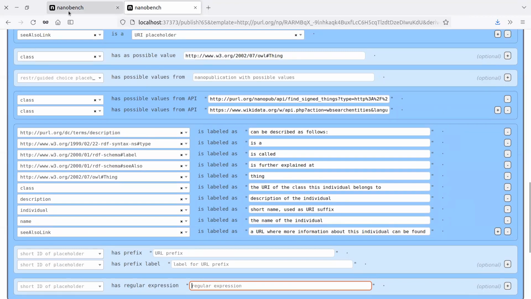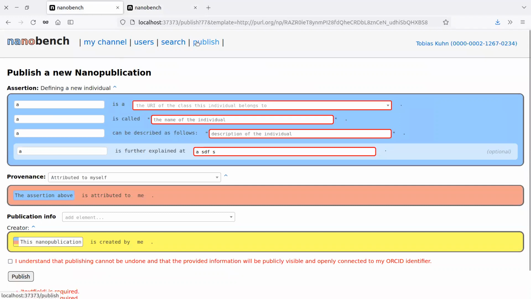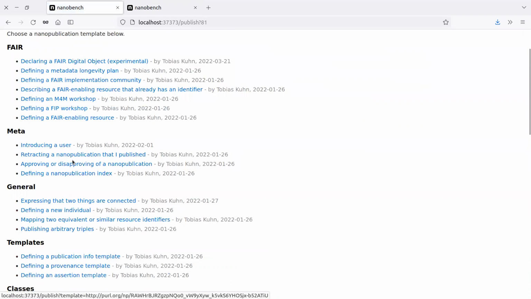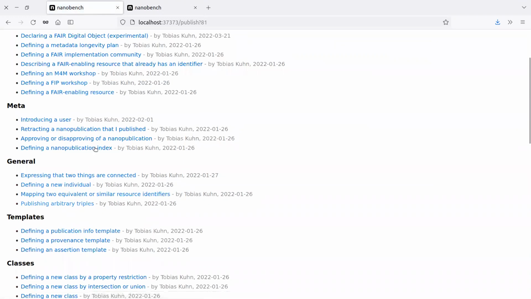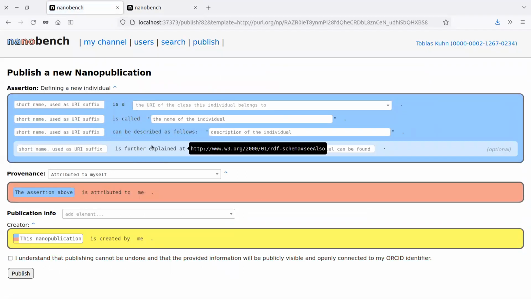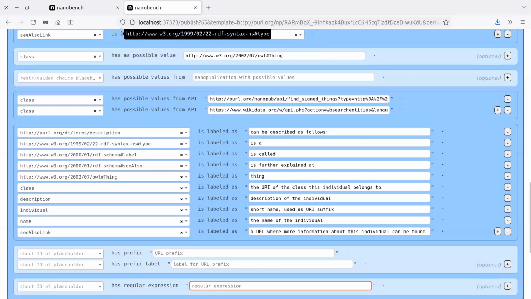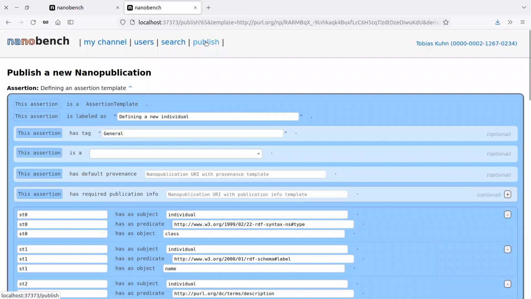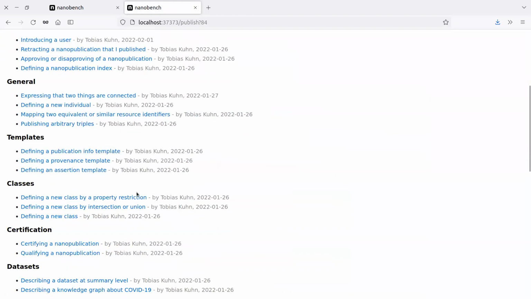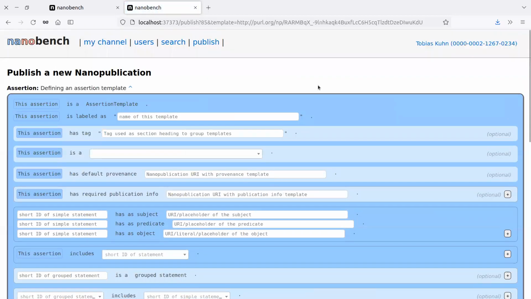So maybe let's try to do that. I would like to keep that one open first. Define new individual. We were going to make something very similar to that. There is a new thing introduced, and we're going to use many of the same elements. I just want to show you how you do that if you fill it in one by one. I'll do it relatively quickly, but you'll see it's a different thing to fill it in from